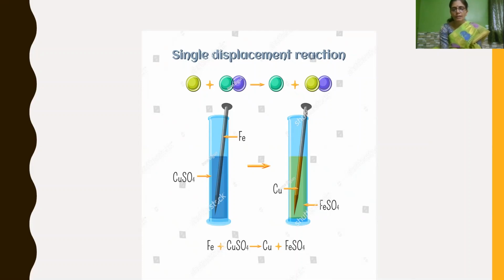If this activity is shown and you have to identify the chemical reaction, you will mark displacement reaction as the correct option, and name the color change. You will mark that the blue color of copper sulfate turning into green color shows the presence of iron sulfate. All those options will be there, and you have to click the correct option.